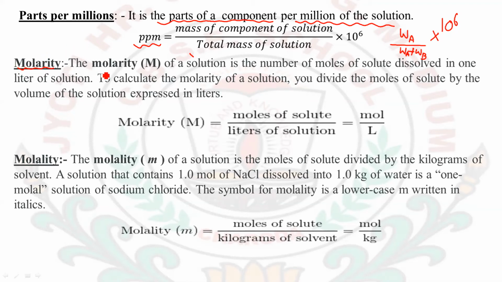The next topic which we are going to discuss here is molarity. So what is molarity? Molarity is nothing other than the ratio of the number of moles of any component. It is not necessary that it depends on the solute only, but in the conditions which we are going to take here, generally it will be solute, but it can be solvent also. So you can take it as the number of moles of component dissolved in 1 liter of the solution. That is known as molarity. To calculate the molarity of a solution, you must divide the moles of the given component by the liters of the solution.